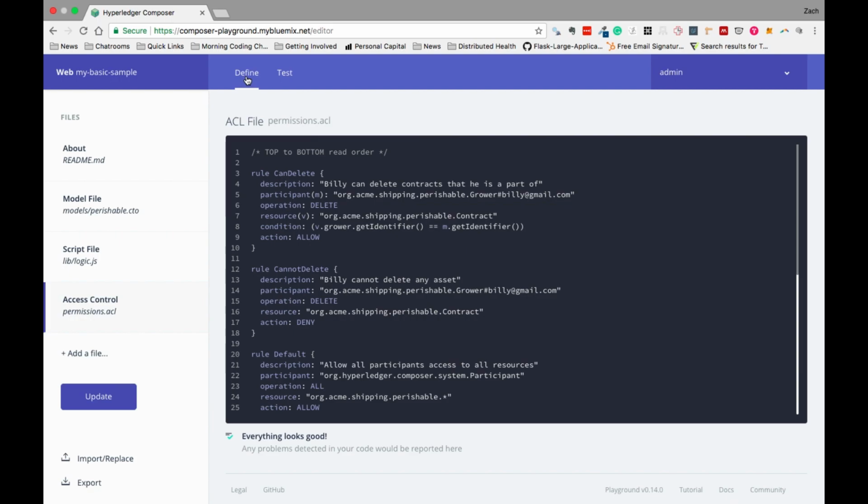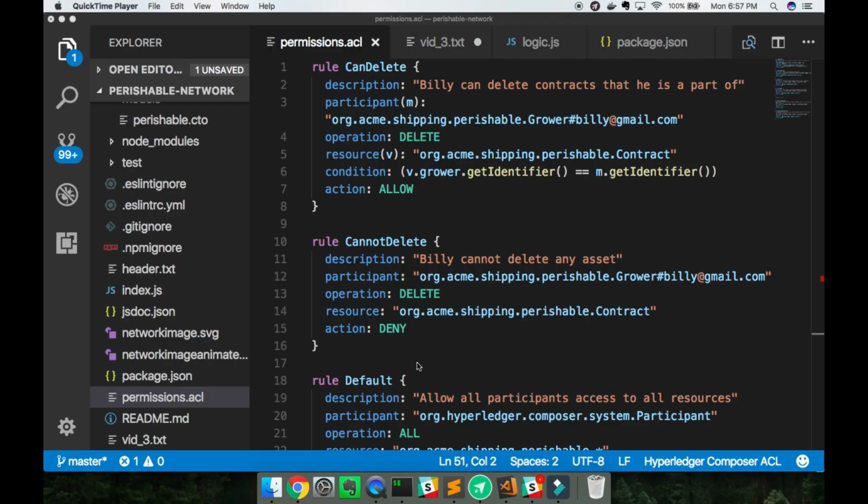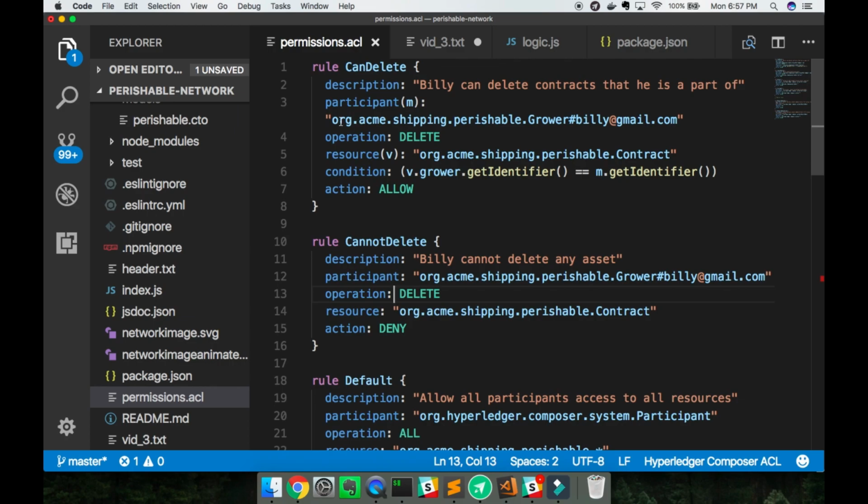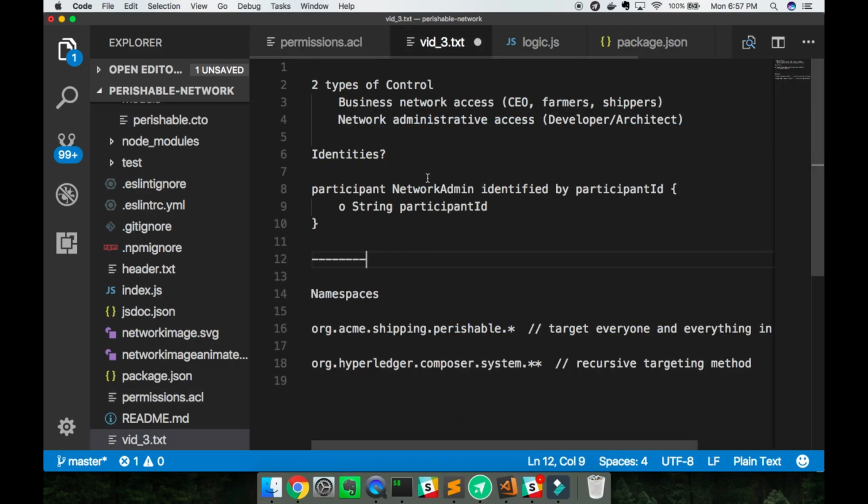But in real life, we're going to have to manage these identities along with the permissions.acl file on the command line and within our code. So that's what I'm going to show you now, and it might get pretty technical, so user beware. So what I've done is I've copied the permissions.acl file that we created in the playground and just copied it into our local environment. So I had mentioned we were going to come back to the whole concept of identities,